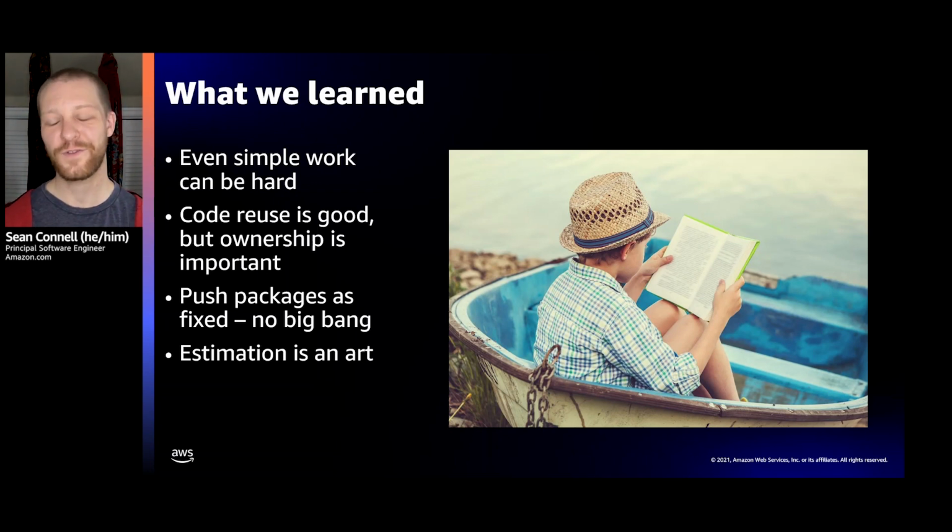Another thing, estimation is an art. When you do a 2,000 plus package migration, and you can't see any line of sight to the end, you won't know how long you have left, either in effort or calendar time. It's really difficult to tell if the next package that breaks will be a 1-minute diversion where you change a build system, or a 3-month diversion where you find an equivalent package, do a bunch of performance tests, and then make sure that it works for all your consumers. Because of that uncertainty for each fix, combined with the fact that you have a lot of packages in migrations usually, and that you can't even test them all at once because builds can't succeed until all of their dependencies have, you have a lot of ambiguity.